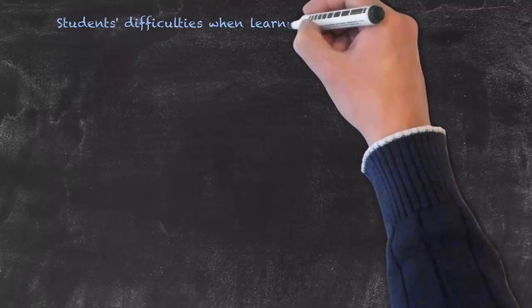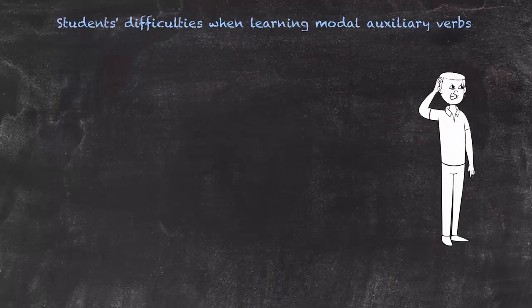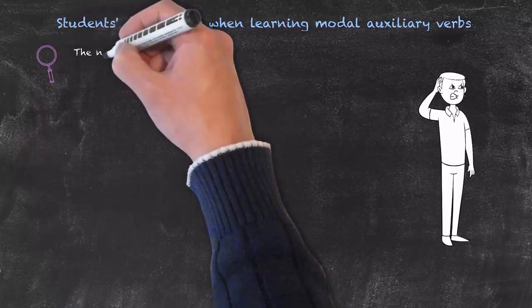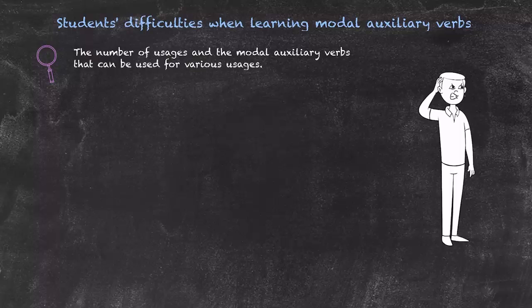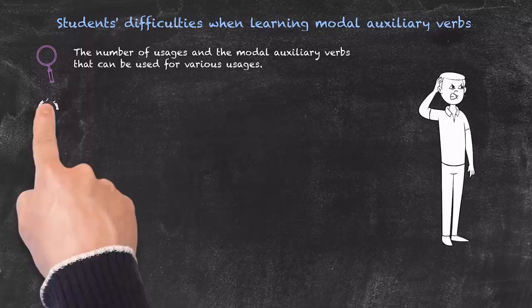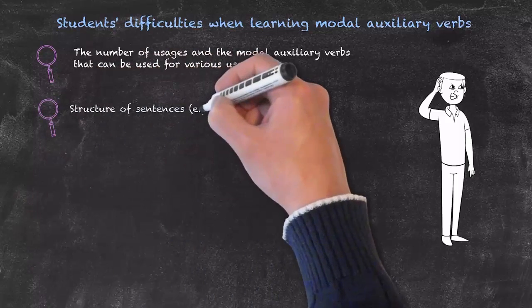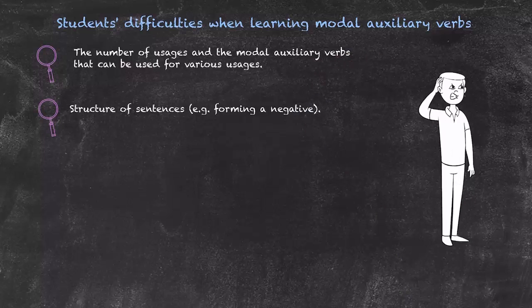Now have a look at difficulties that students have when learning modal auxiliary verbs. They present specific problems for both teachers and learners, quite apart from the numerous difficulties associated with the myriad of usages that there are, and the combination of which modal verbs can be used for which usage. There are difficulties also with the structure of sentences, for example, forming a negative. Usually, we use the auxiliary verb do with most verbs to form a negative, but with modal auxiliary verbs, we